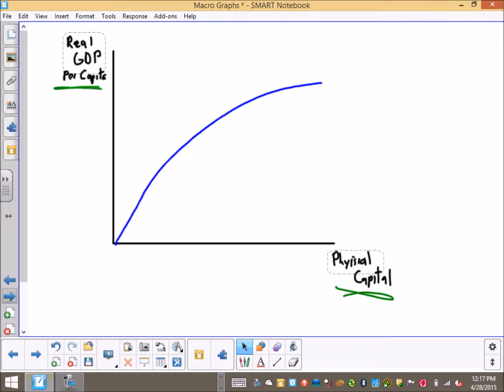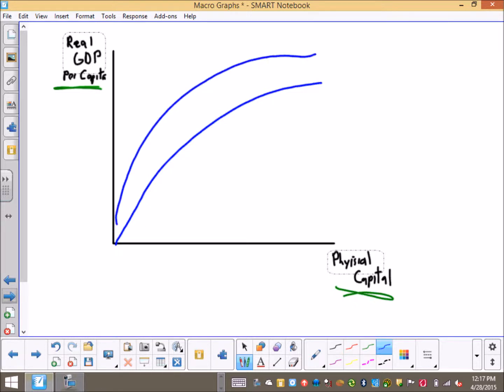You say, wait, we could go ahead and add more capital from here to up here and then to here, but our gains are going to diminish, and we're going to basically run out of gains. What could we do to increase our production? Better technology is one. If we get new technology to produce, we can take the curve like this and shift it up. Ignore this part right here. Which means that for this much capital we were producing here, now with the same amount of capital, we're producing at a new location.